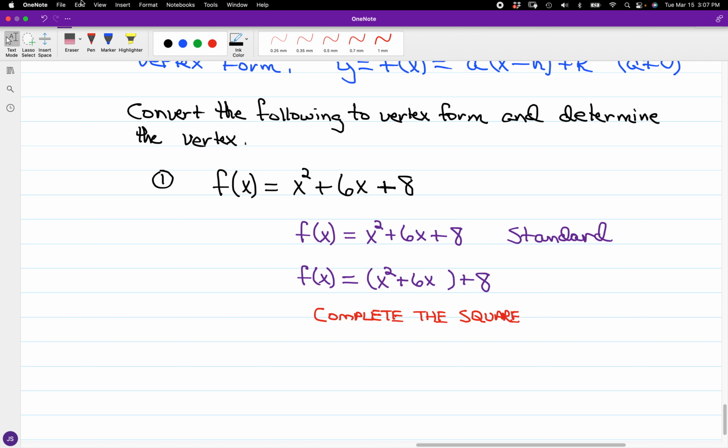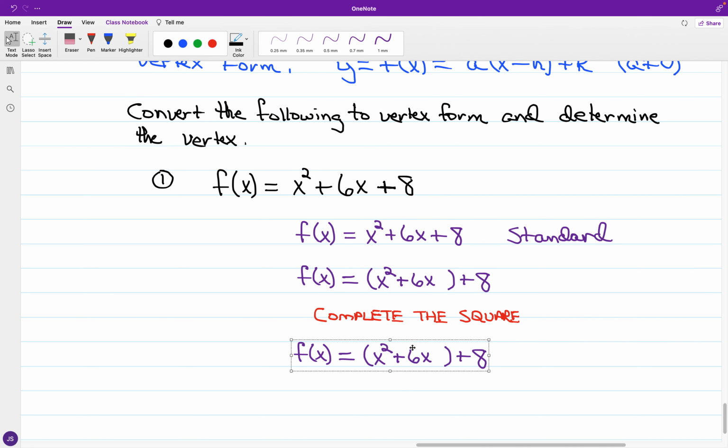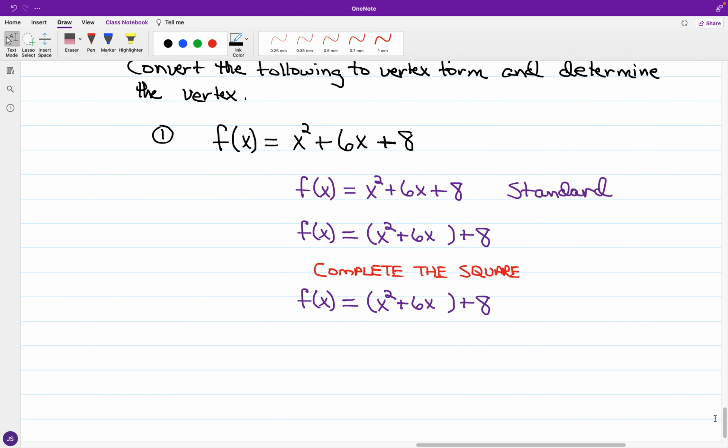So looking at what we have at this stage for completing the square. So how do I go about completing the square? Well, first of all, in parentheses you have x squared plus 6x, and I want the first